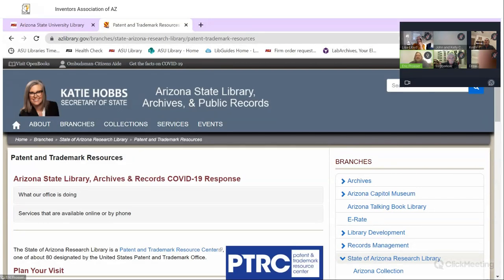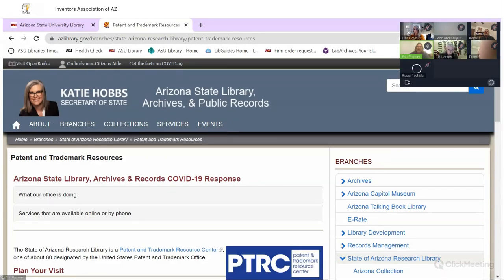But essentially, you're getting librarians in these locations who have been trained by the Patent and Trademark Office in patent and trademark searching. Typically, one of the requirements is that they go back to Washington, D.C. every year for one week of follow-up training at the Patent and Trademark Office just outside of Washington, D.C. They also stay involved by doing webinars and presentations throughout the year.